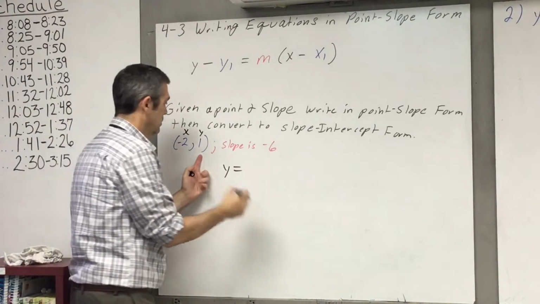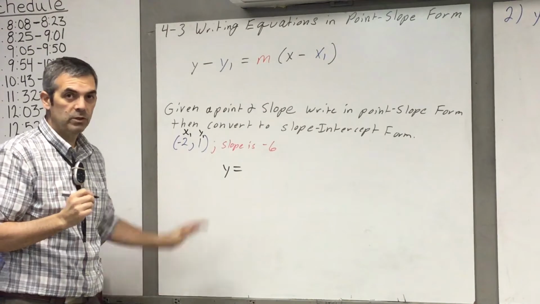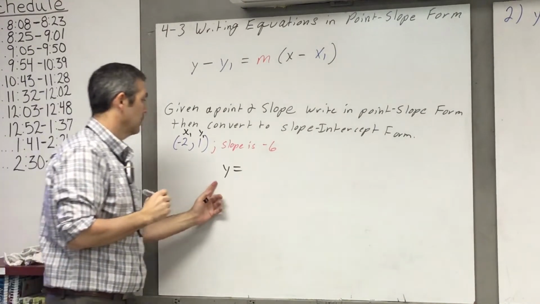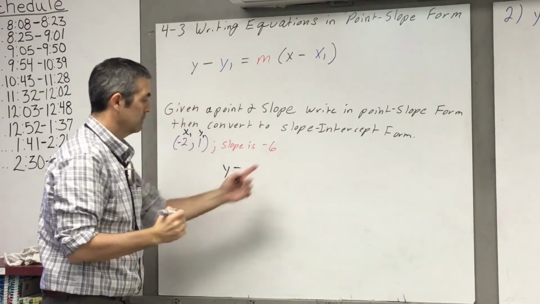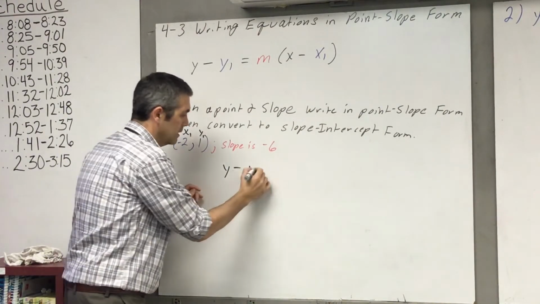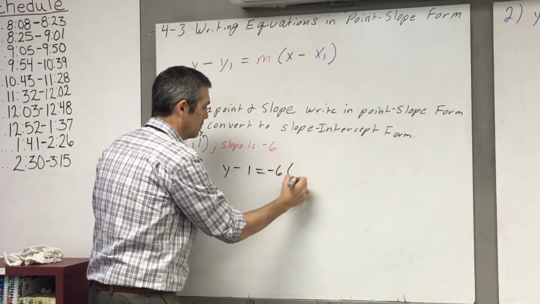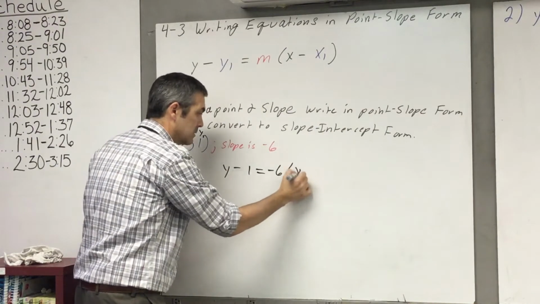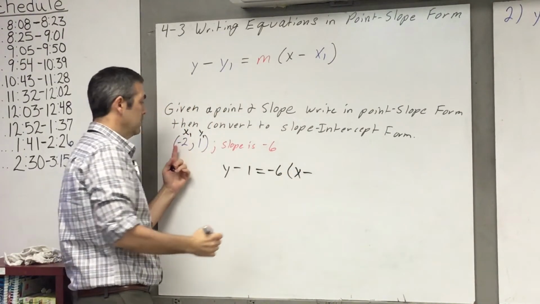Okay, so here and here, I'm even going to put the subset 1s there just to make sure so that you understand which one they're going in for. Okay, y minus 1 equals the slope, -6, parentheses, the x, minus x subset 1, -2,